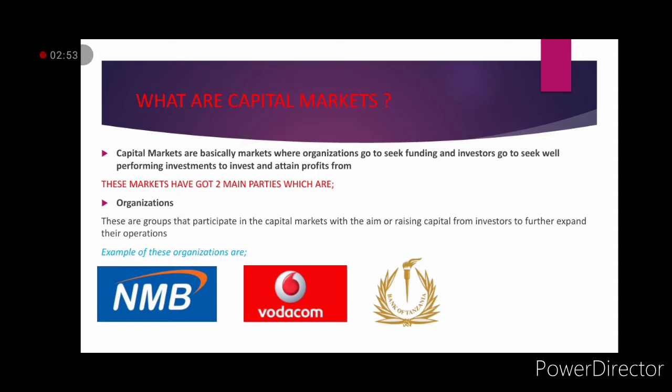Examples of organizations are NMB Bank. The NMB Bank is listed in the Dar es Salaam Stock Exchange, which is a capital market. There is Vodacom, which is also listed in the Dar es Salaam Stock Exchange. There's the Bank of Tanzania, which has bonds, like treasury bonds. So bonds are also a means to raise finances. Now, moving on to the other side